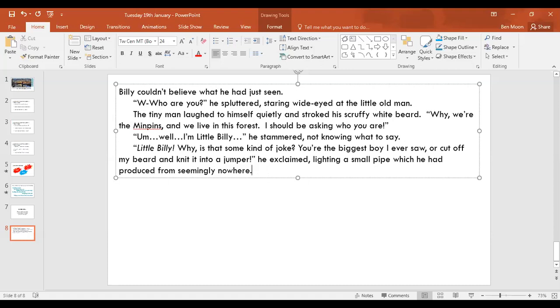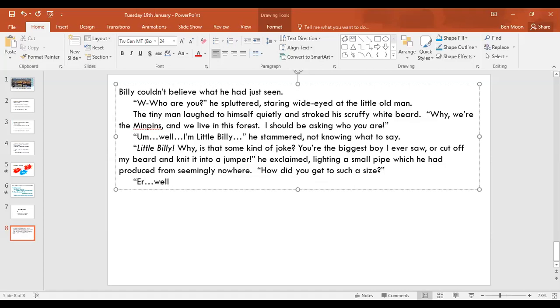I think the Minpin's going to say something else. How did you get to such a size? The reason I've added that in is because I think now it makes it easier to say what Billy's going to say. Because at the moment, Billy's quite shocked, and I'm not sure if he just said that, he would know what to say. But if I have him ask a question, it makes it easy for me to write my next bit. How did you get to such a size? And Billy's going to say,